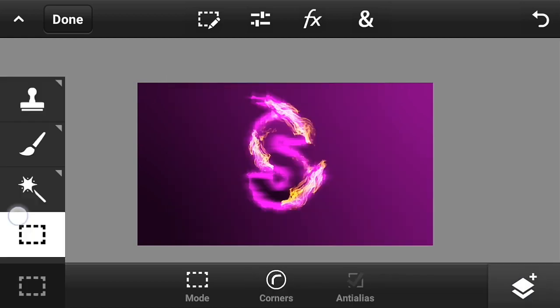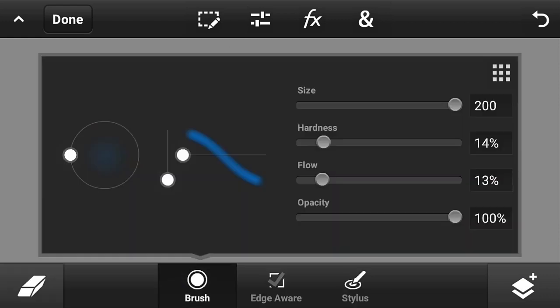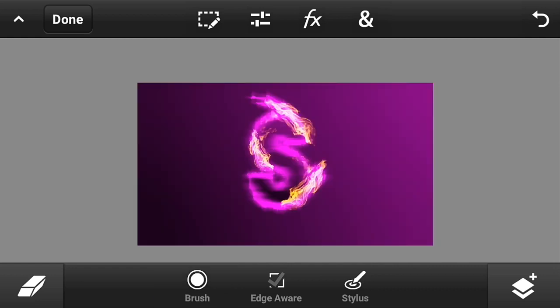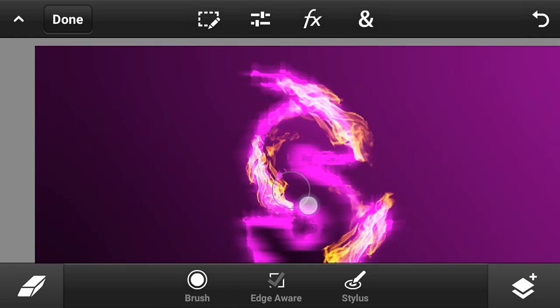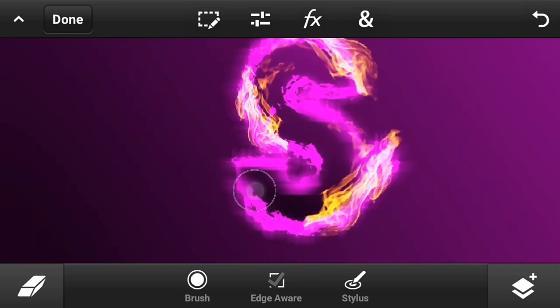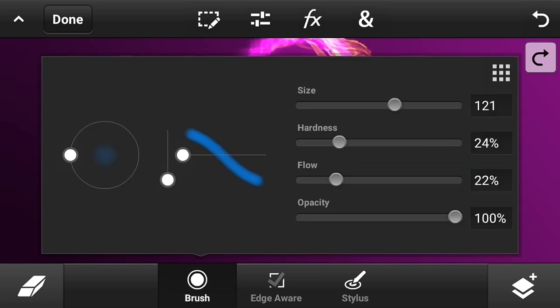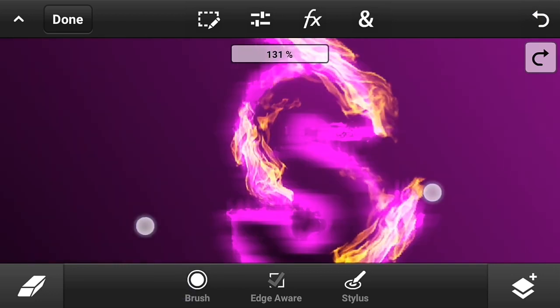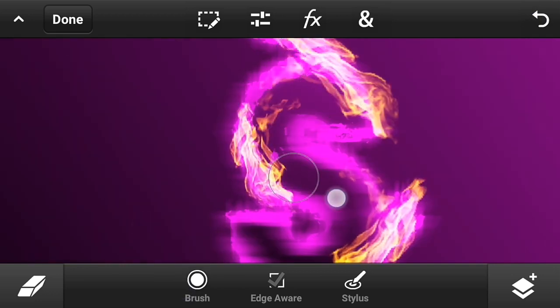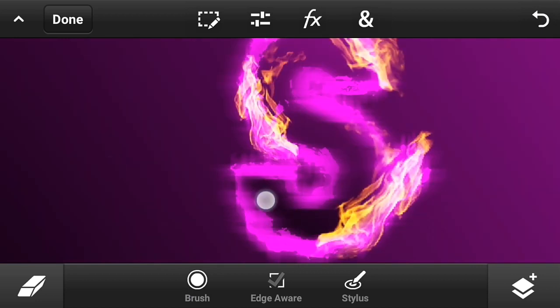Go to the eraser, let's erase it, and put the size like that. Let's try it, guys. I think it's better. Let's undo. Let's make the opacity down, or the hardness. So yeah, guys, something like that.